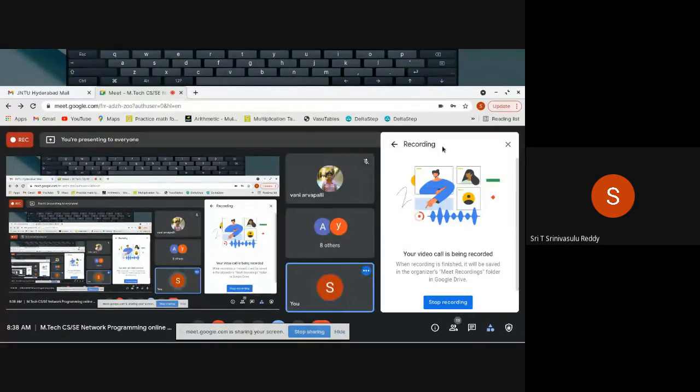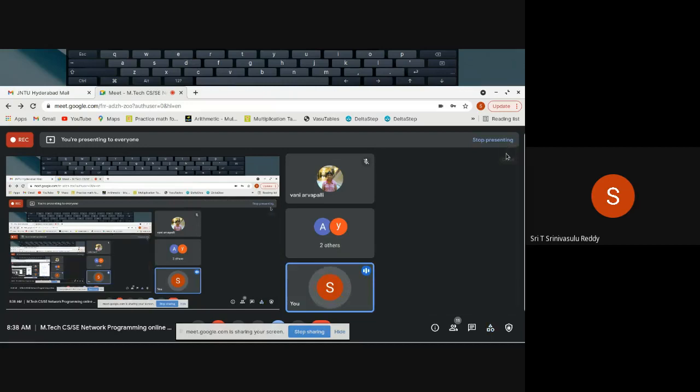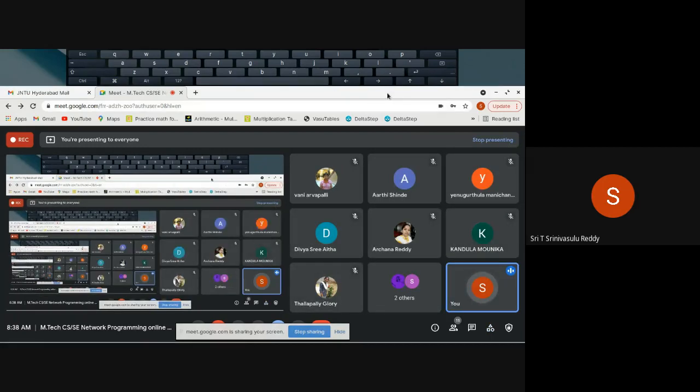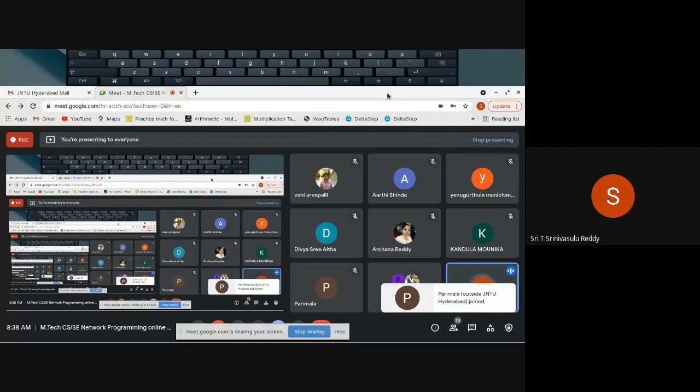Okay, so we are slowly trying to understand details about network programming using the Java language. That is what we are doing. We have seen the connection-oriented programming using sockets, using the classes called ServerSocket and Socket.